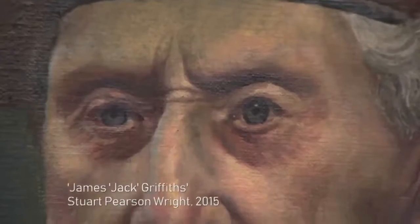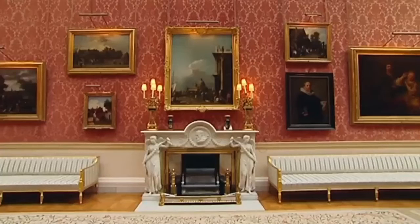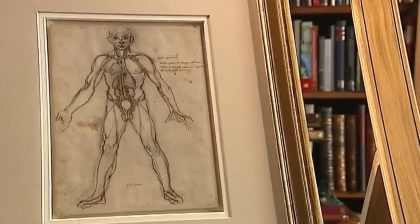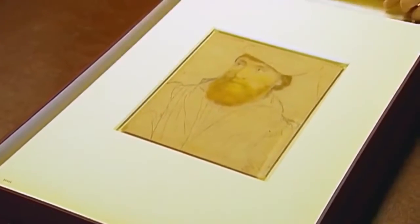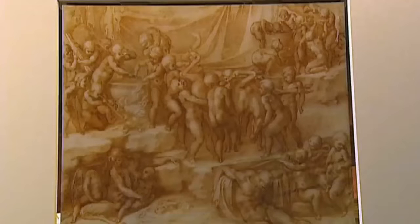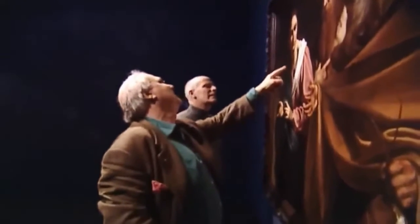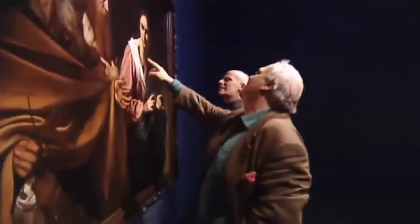Titch's portrait has now joined over 7,000 paintings in the collection, which includes priceless Canalettos and one of the largest archives of Da Vinci drawings in the world. The collection is so huge that sometimes there are treasures buried within it which have remained hidden for centuries. For over 300 years, this image of the calling of Saints Peter and Andrew lay in a storeroom at Hampton Court Palace, until an Italian expert had a hunch that it might be the work of one of the world's most